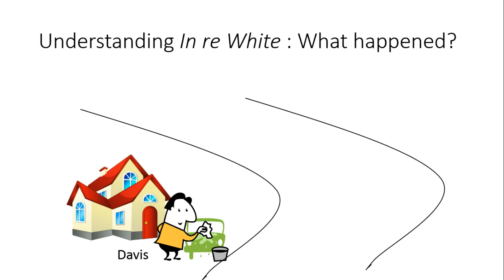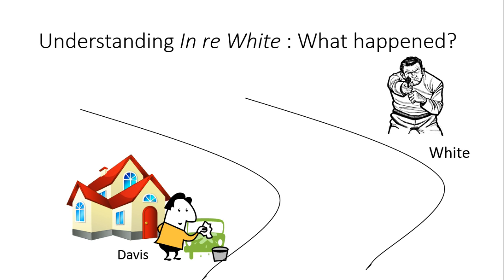All right, so in order to deal with transferred intent, we must first look at the In re White case, and it's a pretty complicated case on multiple levels. The first is factually. So let's straighten out what happened here. Davis was washing cars outside his mother's home. He lives about a block away from White. That's his neighbor. White was engaged in an argument with Tipton, another individual.